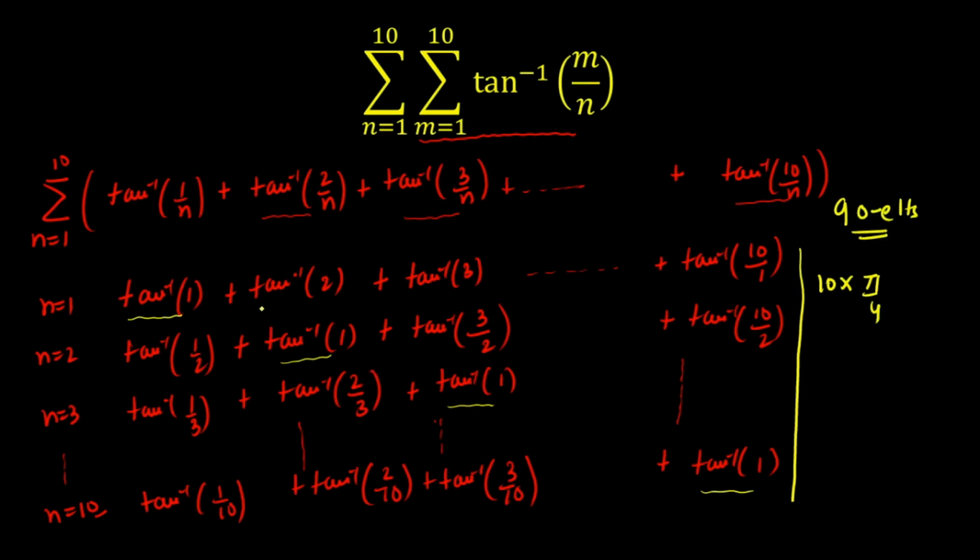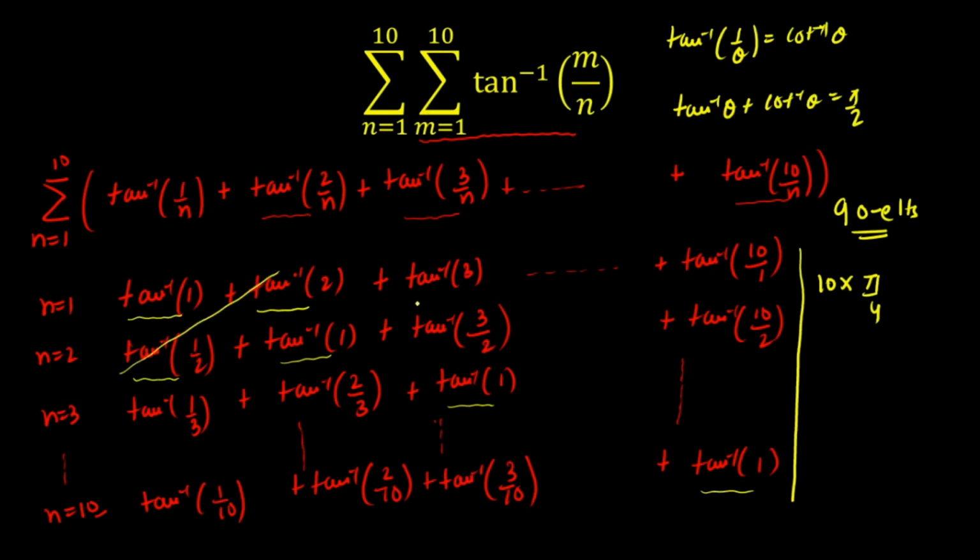Now if you observe one thing here, we have tan inverse of 2, that is the first row, second column entry. And this entry is the second row, first column, that is tan inverse 1 by 2. We have one property: tan inverse of 1 by theta is equal to cot inverse of theta, when theta is positive. So I can write tan inverse 1 by 2 as cot inverse 2. There is one more very important property: tan inverse of theta plus cot inverse of theta is equal to pi by 2 for any real theta. So if I convert this into cot inverse 2, then the sum of these two elements will be pi by 2.